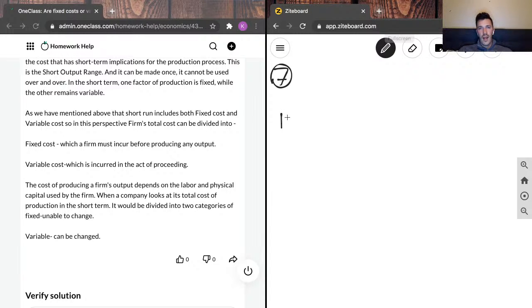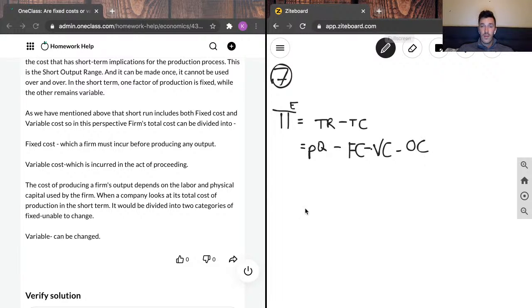Maybe last thing I will just add, since we are speaking of fixed costs and variable costs, is that profits in the economic sense are equal to total revenue minus total cost. Total revenue is made up of price times quantity. Total costs in the economic sense are made up of fixed costs, like we've talked about here, plus variable costs, which we've talked about here, plus opportunity costs,